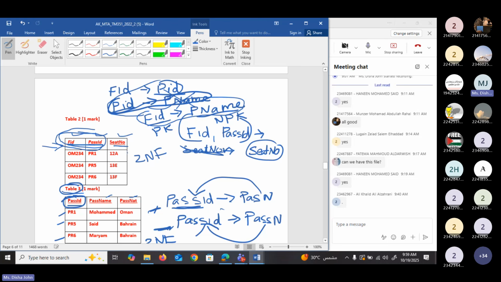Can we make a transitive dependency here? No. Because to make a transitive dependency, we need three separate columns. Here we will consider the key as one column, because it is the primary key. Okay, so I can write like this. Okay, let me remove.